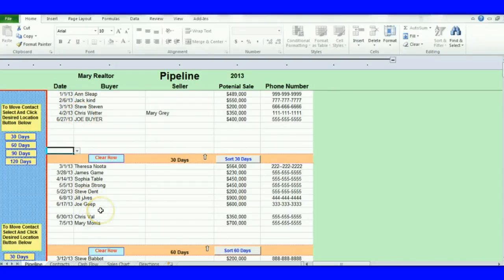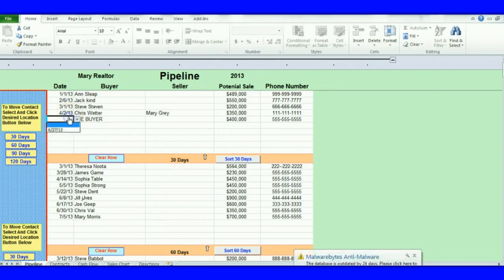If you notice there's a space in here, that's where Joe was. If you want to just sort it, just click on sort 60 days and it is now sorted. Let's assume now that we want to put a different date for Joe. Let's say we're not going to use the default drop down box date. So let's click on a blank, and let's put in